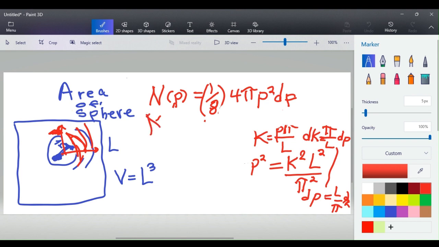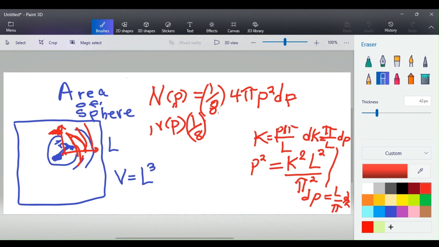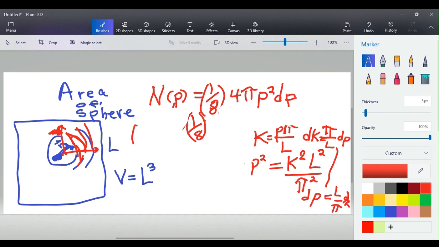N sub p, the 1/8 is still there. Let me erase that, clean up that, give it some more space. N sub p